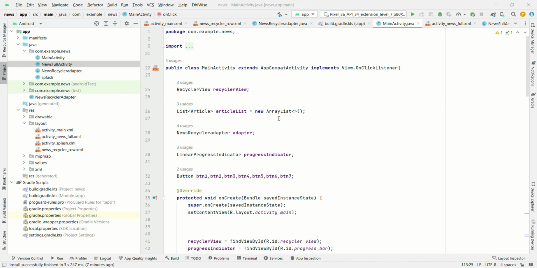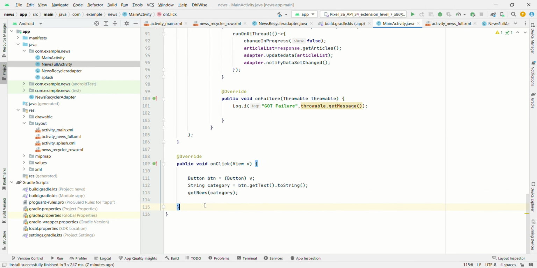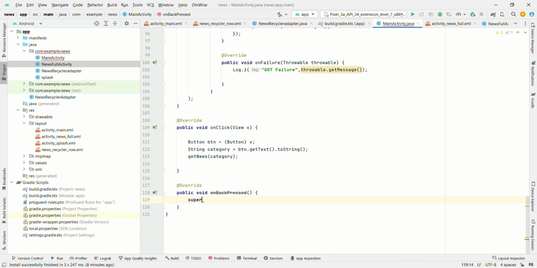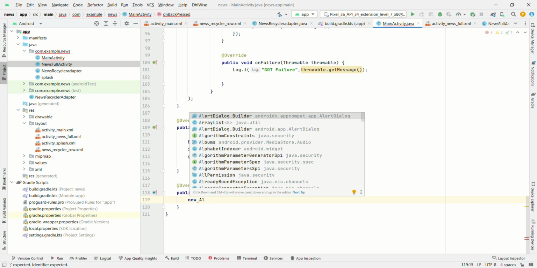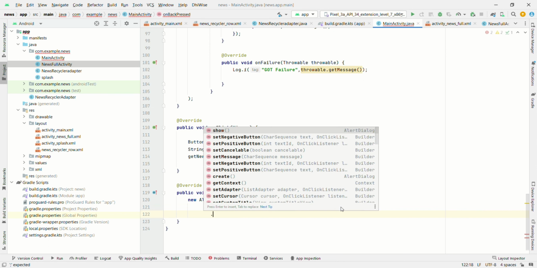When we click on the back button in our application, we must get the alert dialog box with the message, are you sure you want to exit, with the two options yes or no. For that, in MainActivity, onBackPressed, new AlertDialog.Builder, this, we will set a message as are you sure you want to exit, and we will set cancelable to false,